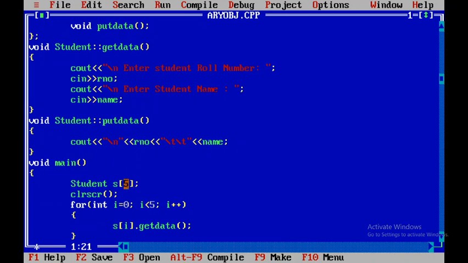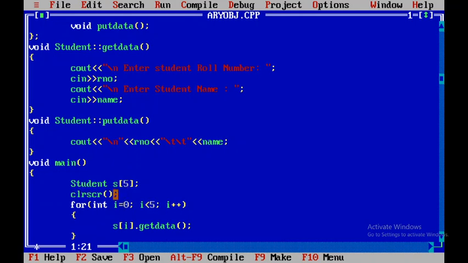If we create an array of objects, keeping track of each and every object will be easy. Just like when we want to accept data members, we have to call the getdata method. Within a for loop we can call getdata, and within a for loop we can call putdata. Keeping track will be easy by using loops because it is an array of objects. So the size will be flexible. As per the requirement, you can increase or decrease this size. Here for convenience, I have taken a set of 5 objects, an array of 5 elements of type student class. So student S[5].